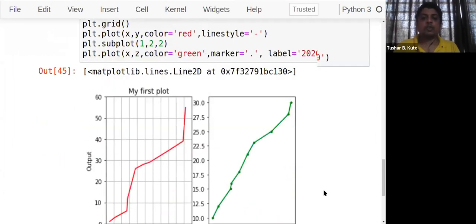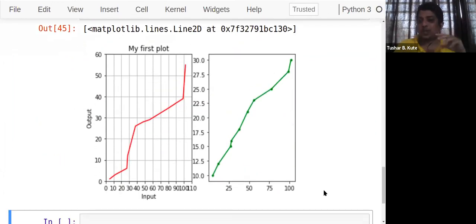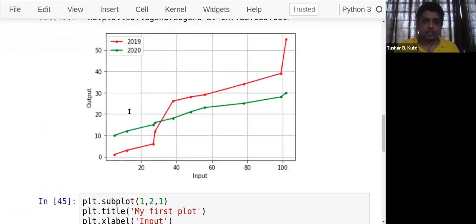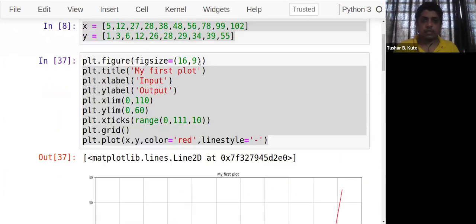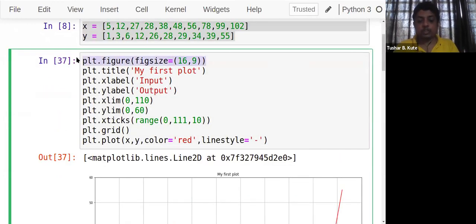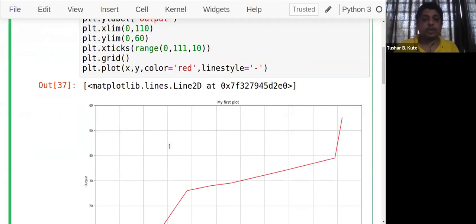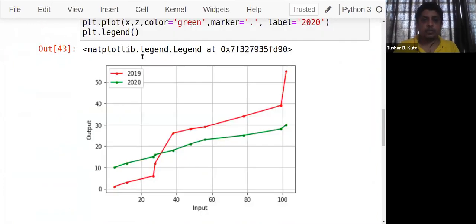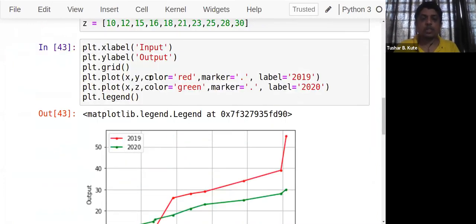Now see, my first plot is fully decorated and the second plot is not. So again, you have to apply the same to the second plot also. That plot will come side by side. And here also it's a very small visualization that you can see. I just want a bigger one, so the resolution or the aspect ratio should be 16 by 9. So I can use it here. Sorry, not this.